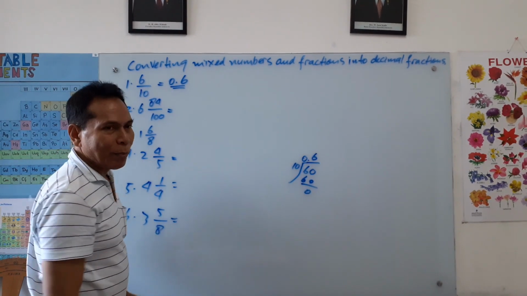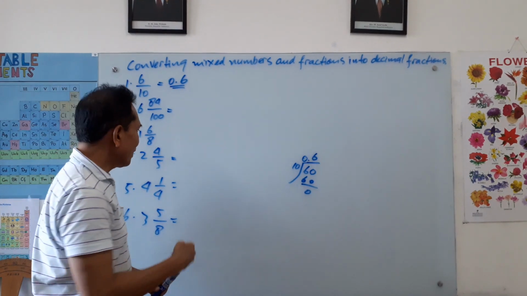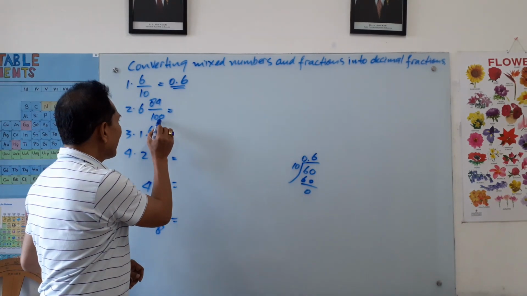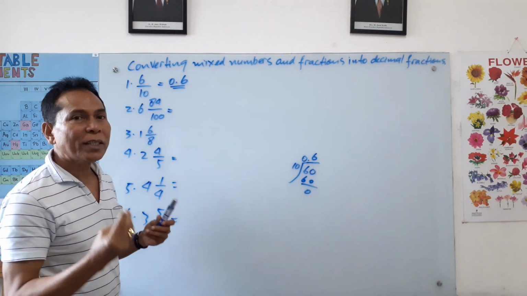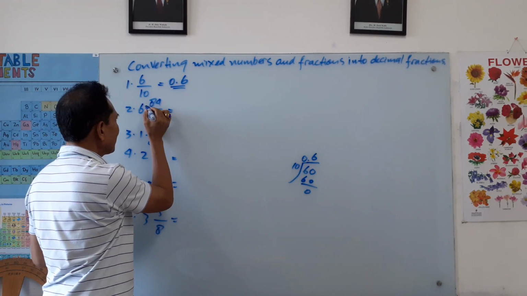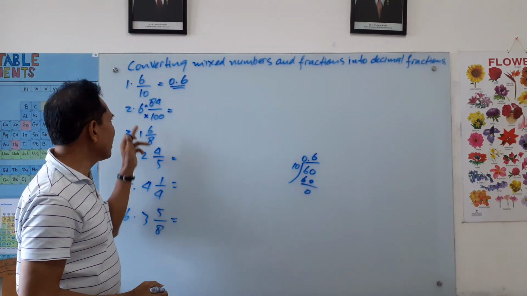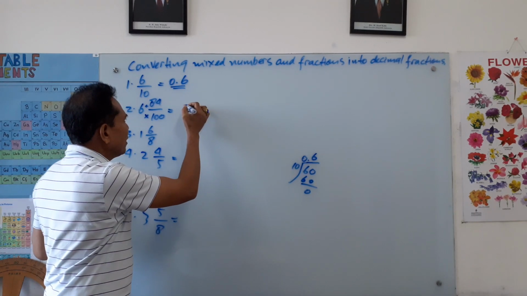Now, we go to number 2. Number 2, same as when we work with mixed numbers. So we take 100, 100 times 6 is 600. So I'll put a multiplication sign here, times, and this add here. So 100 times 6 is 600. 600 plus 80, okay? 600 plus 80 is